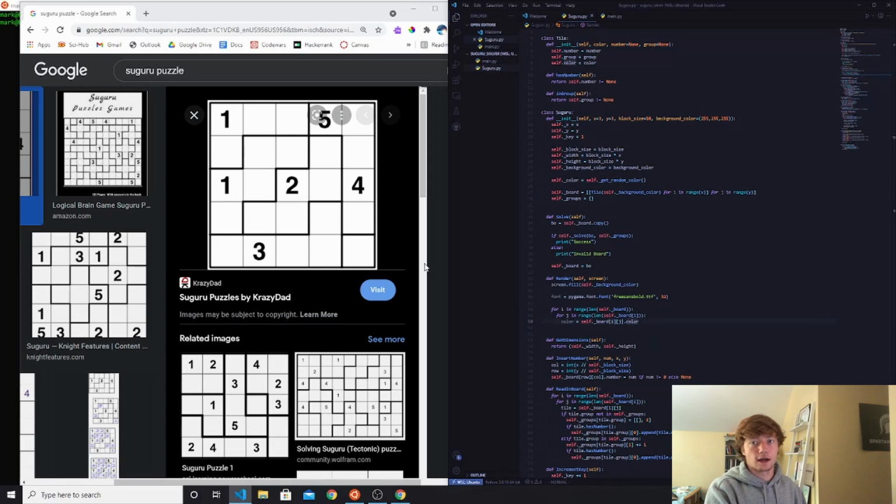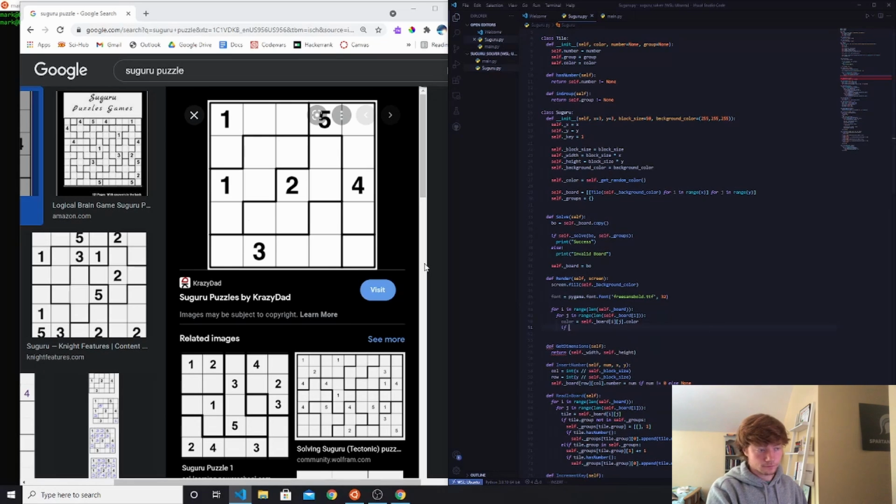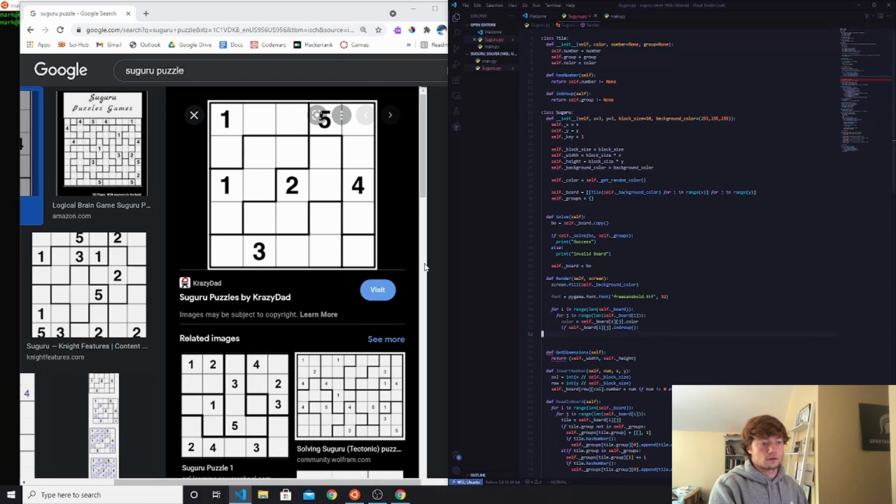So we're going to get that tile's color, and then we'll see if it is in a group, and if it is,